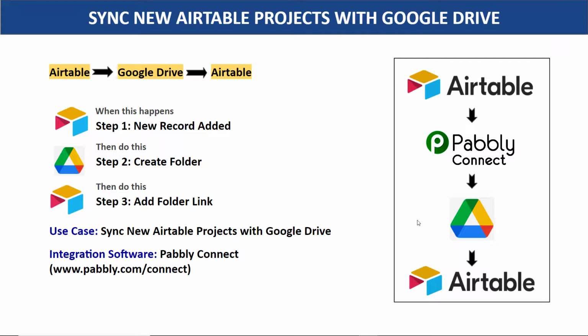The first choice is copy the record details from Airtable, sort it out, manually create a folder in Google Drive, and paste the link in the adjacent column in Airtable. The problem with this approach is it's actually very repetitive and tiresome. So I would suggest that you bring in some automation so that whenever a new record is added in Airtable, it will automatically create a folder in Google Drive and add this folder link in the adjacent column of Airtable.